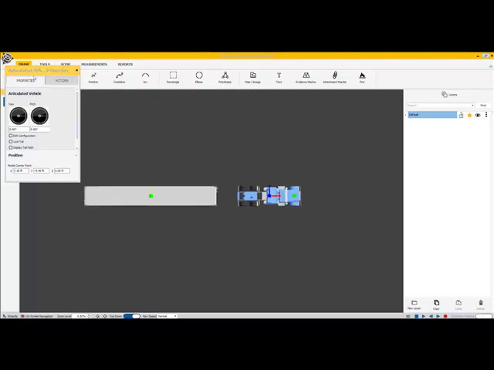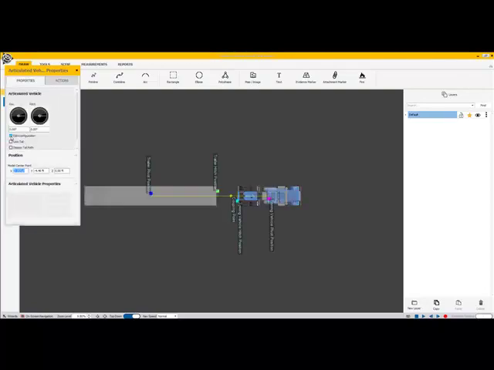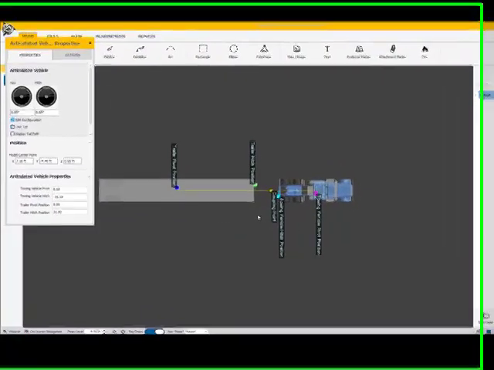Off to the left, you can see that the Properties for Articulated Vehicle pops up. This is going to give me the opportunity to edit the configuration of this particular unit. So I have a box here that says Edit Configuration. Check that box, and as soon as I do that, I get some tools down here on the canvas with